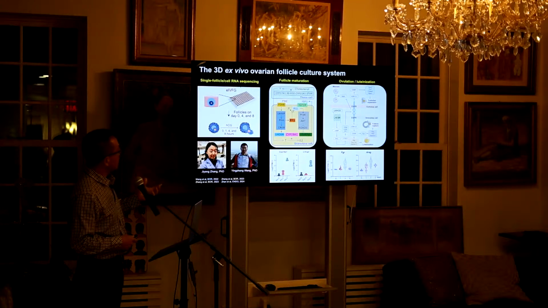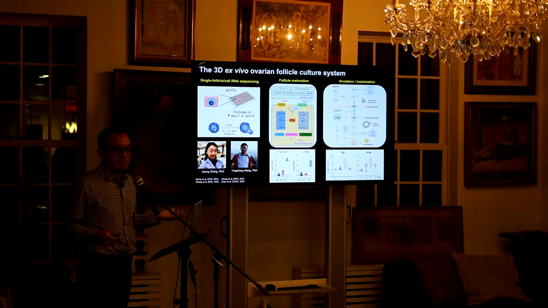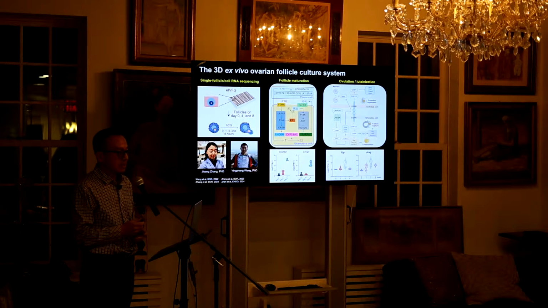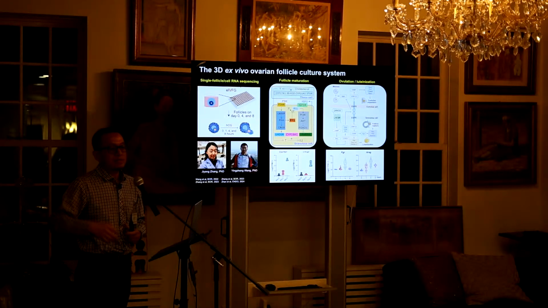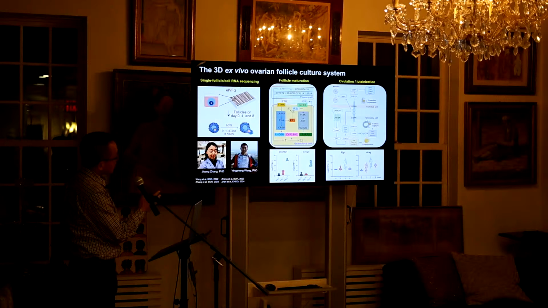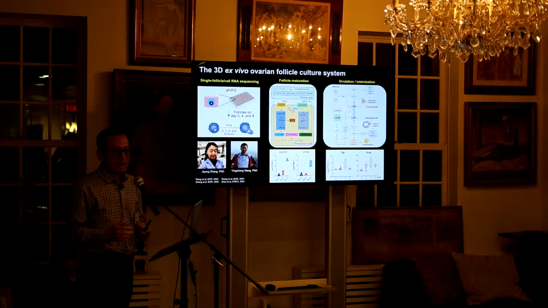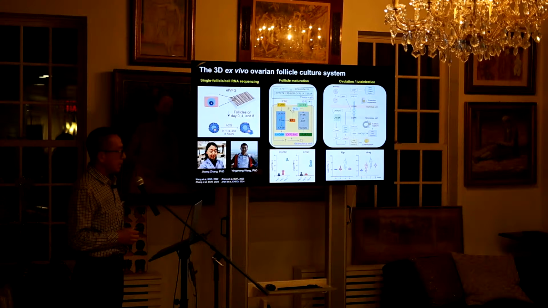So we also did a lot of single follicle RNA sequencing, proteomics, and single cell RNA sequencing to compare what we found in vitro with the in vivo data. This is a busy slide, and we have several papers showing that the answer is yes. It pretty much conserves what is happening in vivo at the molecular level too.